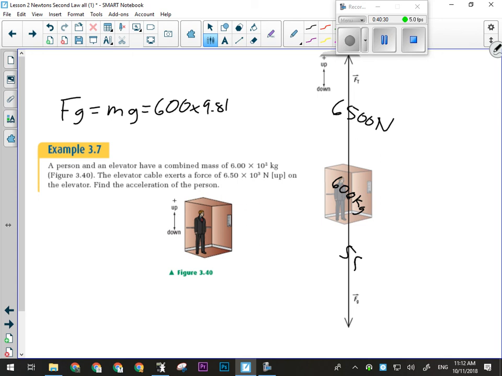5,886, sorry. Yes, 5,886 newtons. Okay, so there's our force of gravity downwards, 5,886 newtons. Now, what's my next step? If I'm going to calculate the acceleration I need